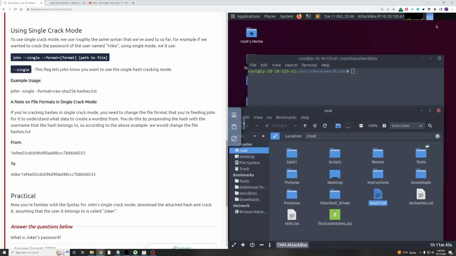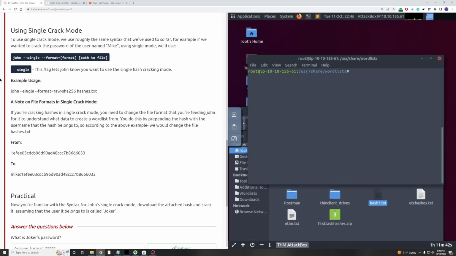Let's minimize this. Let's get back to this. So you know what, I'll type it out. So we're gonna do John single, because it's single crack mode. Format is, I remember we had to do raw. Is it 1 dash? Yeah, 1 dash MD5. And now the path to file is root and no root, yo, and we're doing hash